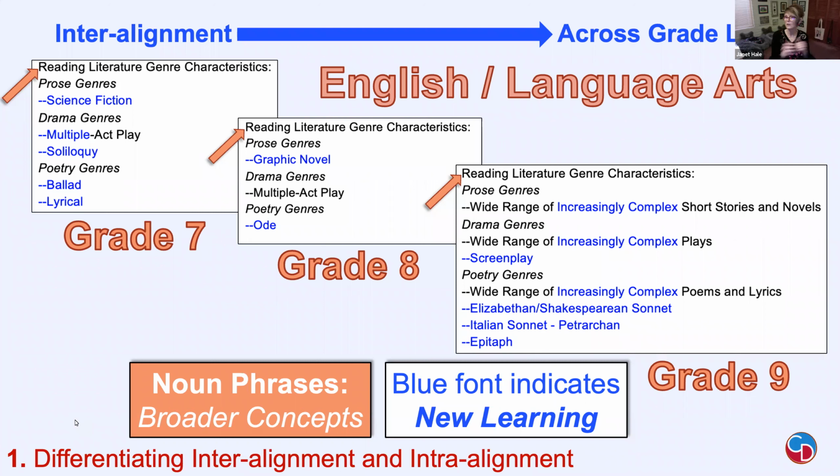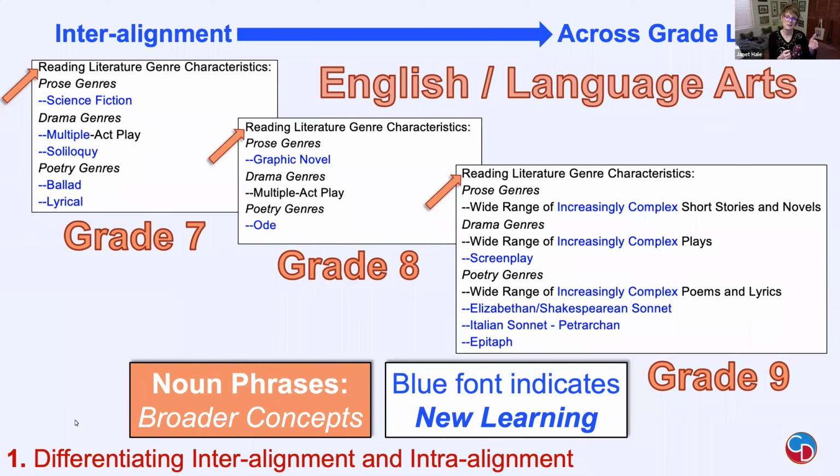So in this particular district, we actually looked at all the possible genres, and we figured out from K on up which ones we're going to be focused on at which grade levels. So a great example here too is the drama genre, because according to Common Core, and these happen to be based on Common Core, which most states are based on that too, that the ancillary documents talk about that from K through 5, it's really about readers' theater. And that really, when you hit middle school, is when you really talk about plays.